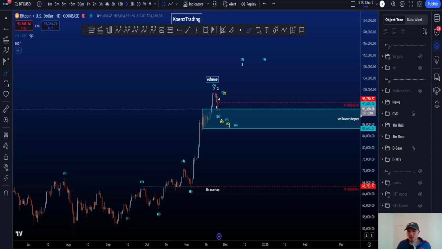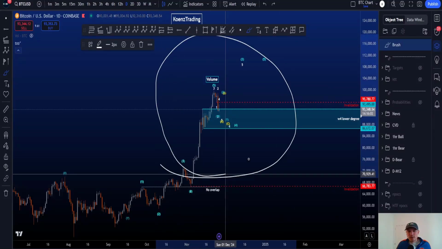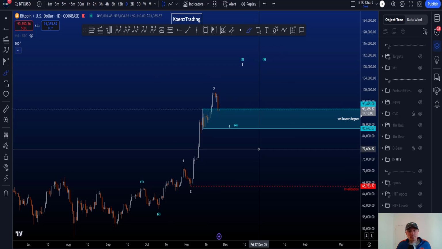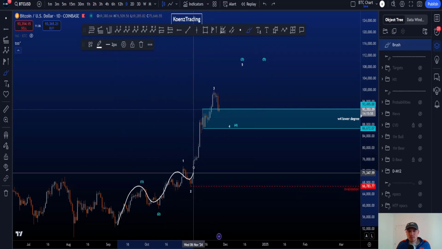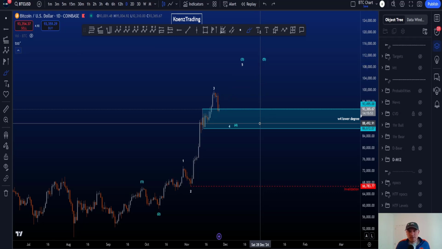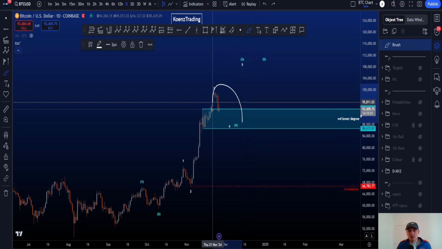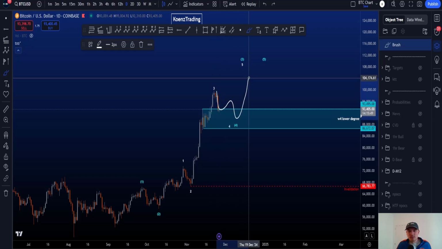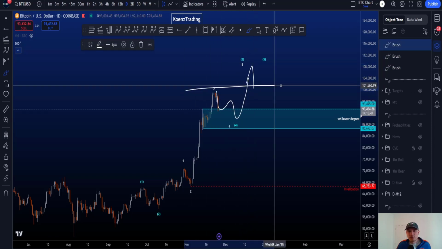Hi everyone, let's go over my bullish and bearish Elliott wave scenarios on Bitcoin, starting with the bullish scenario on the daily time frame, where we're looking for an impulsive structure to the upside and higher prices to be expected. In this scenario, we're looking for a sideways ranging structure in a wave 4 before then continuation to the upside